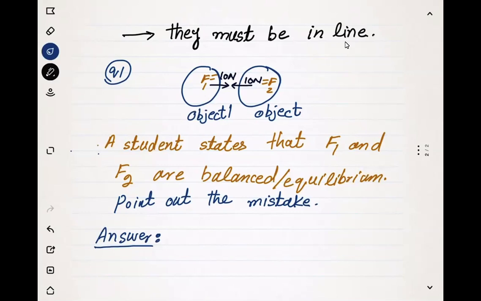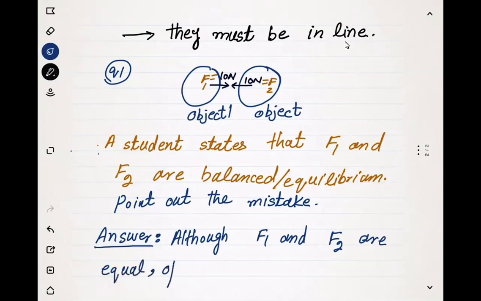We'll write that although F1 and F2 are equal, opposite and inline, although F1 and F2 are equal opposite and inline, yet they are unbalanced. The reason being,